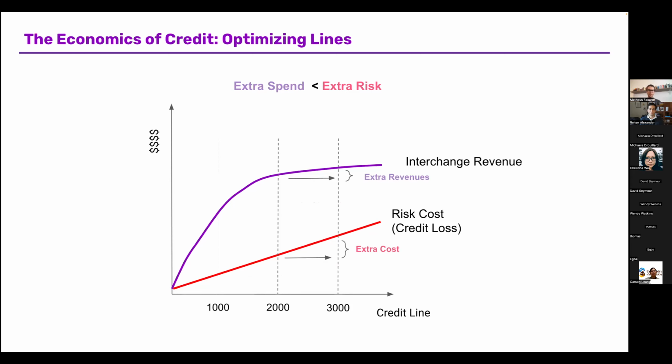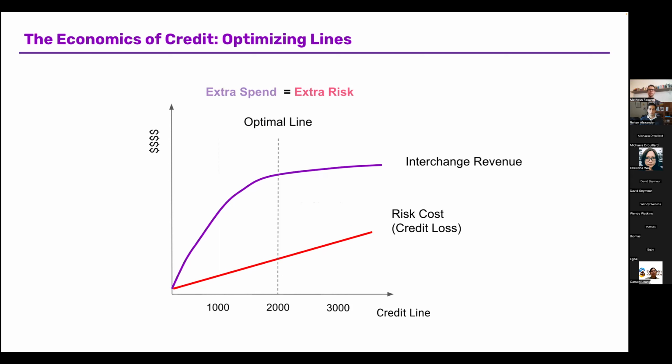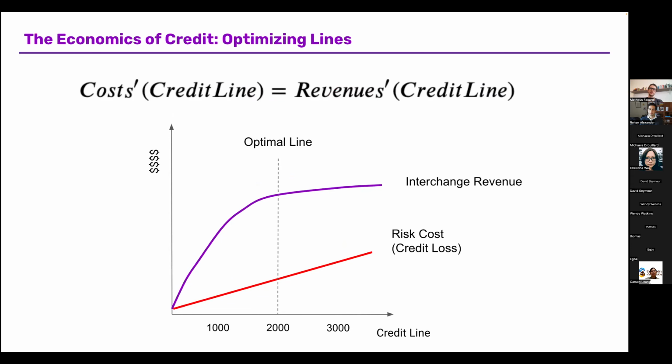At some point, it won't make sense anymore. We see that the extra cost is actually bigger than the extra revenue, so I don't make this move, which means that the optimal line is somewhere around here. And again, this is nothing fancy. I don't want to offend the intelligence of anyone. It's very basic, but it will imply a bunch of other things that I'm going to show later in the talk. For folks that have some familiarity with economics, this is essentially setting marginal revenues equal to marginal costs. This is a very basic firm optimization problem.